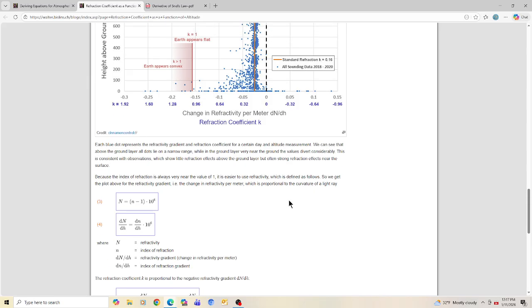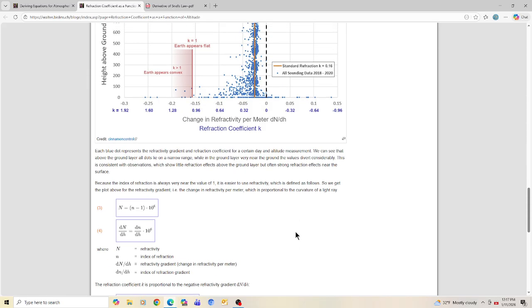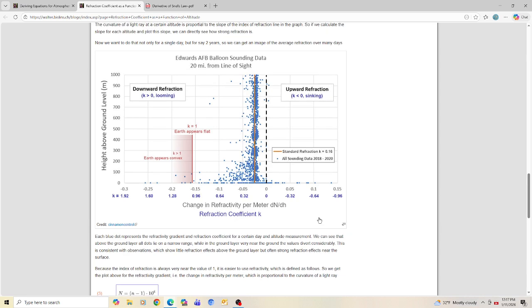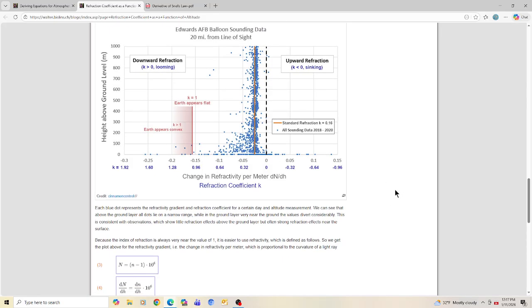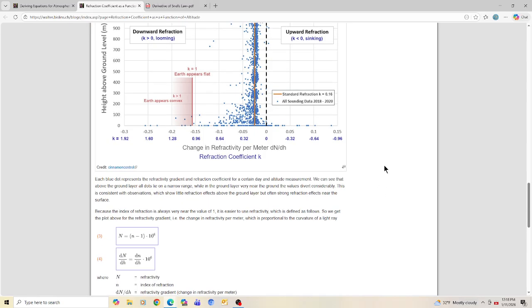Each blue dot represents refractivity gradient and refraction coefficients for a certain day. Well, this seems to be all over the place, which means it doesn't seem to be standard. At least to 200 meters. It's all over the place. So to create a standard, and it's really not even a standard, it is a footstone into selling, again,